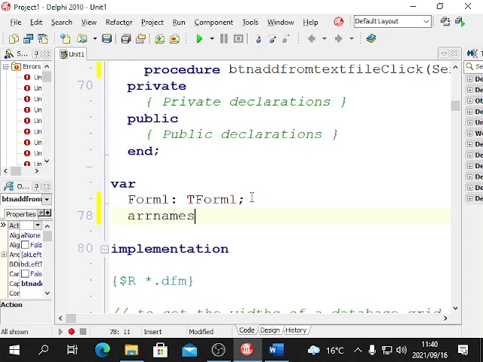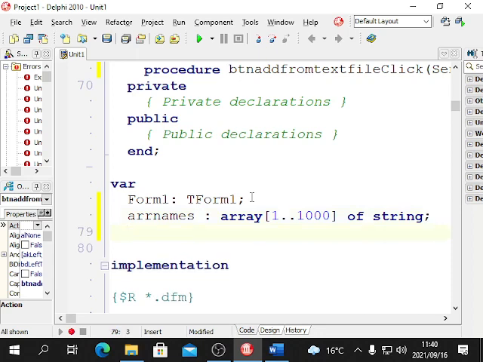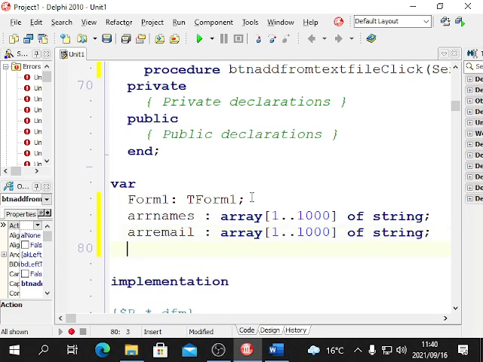ARR names, colon, array 1, 2 of string, ARR email, colon, array 1, 2 of string, ARR cell, colon, array 1, 2